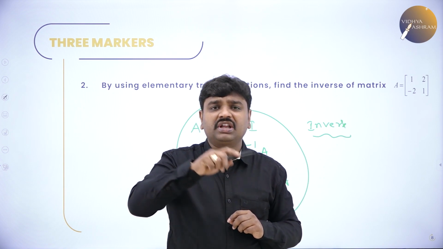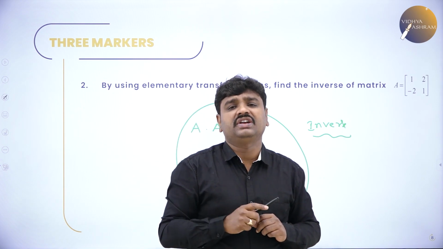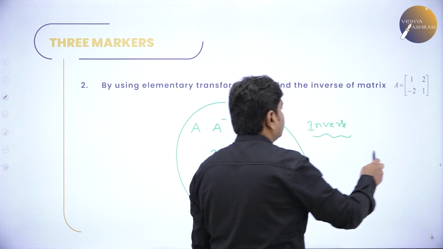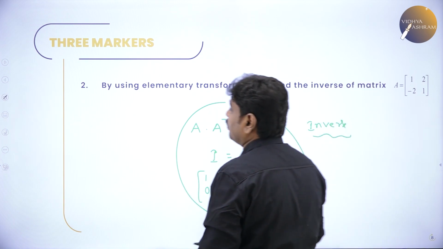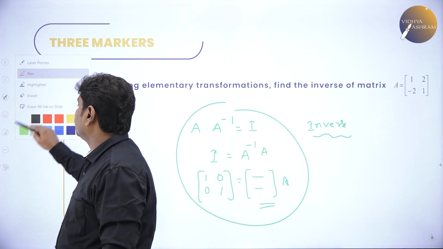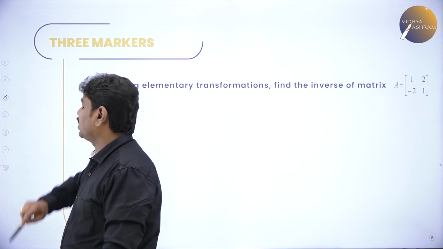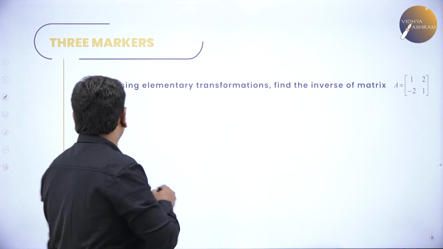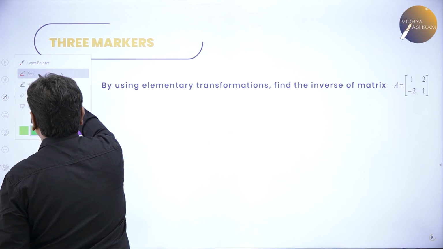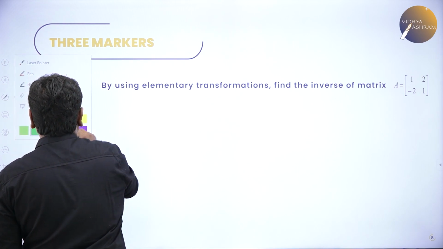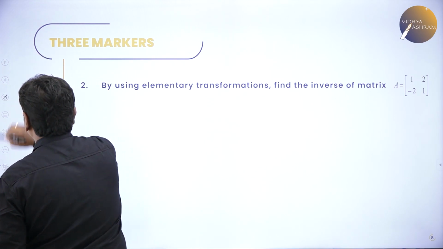So a matrix multiplied by its inverse gives you identity. So what is the basic I am teaching you? Matrix multiplied by its inverse. You take any matrix and multiply by its inverse, it will become identity. Please write down the basics and become thorough. Then understanding this becomes very easy.